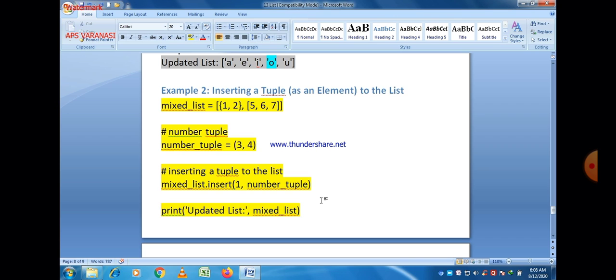The main important point is that 1 2 are part of a set, 3 4 are part of a tuple, and 5 6 7 are part of a list, and these are all part of a list named mixed_list. So after the execution of that statement we will get the output. Okay, we can check what the output is.